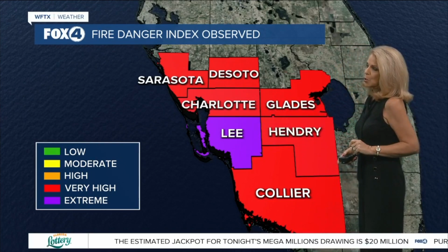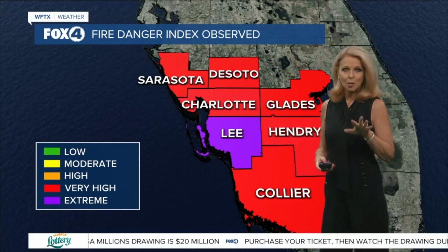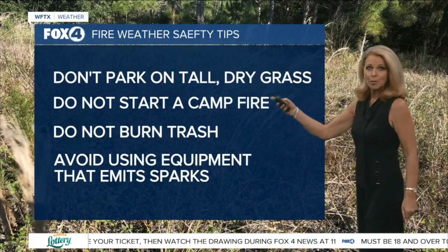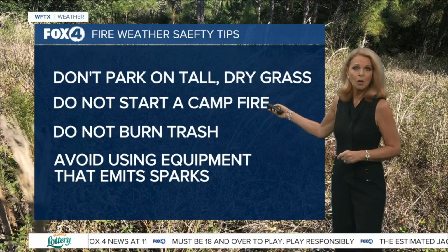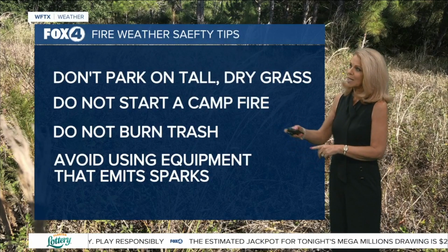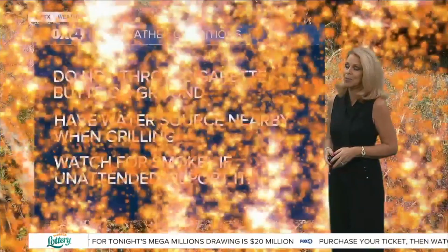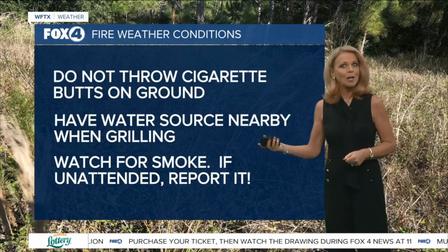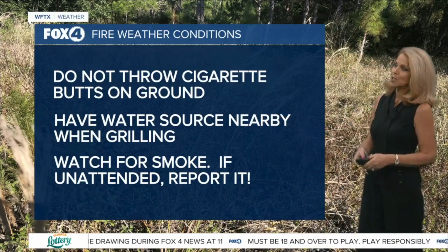We've got problems, though, with fire danger in extreme levels here in Lee County. That's because it has been so dry. We have not had a lot of rain. That's going to continue to be the case, so there are some things we need to be doing right now to keep yourself safe. Don't park on tall, dry grass. We've seen that many times with these little fires that start. Don't start a campfire. Do not burn trash. That's a no-brainer there. Avoid using equipment that emits sparks, like lawnmowers. Be careful. Do not throw cigarette butts on the ground or out the car window. Have a water source nearby when you're grilling. Watch for that smoke, and if you see it,